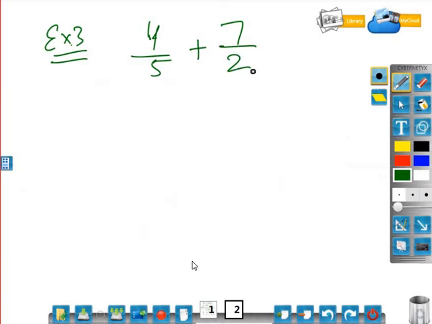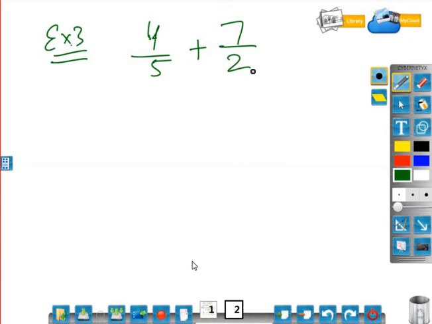Now, whether they are like or unlike, they are unlike. So how do we add unlike fractions? This is the main area where students face difficulty in adding numbers. If they are unlike, then you have to make them like. How can we make them like? By making the denominators the same. How can we make the denominators the same? First, we must know the lowest common multiple of 5 and 2.